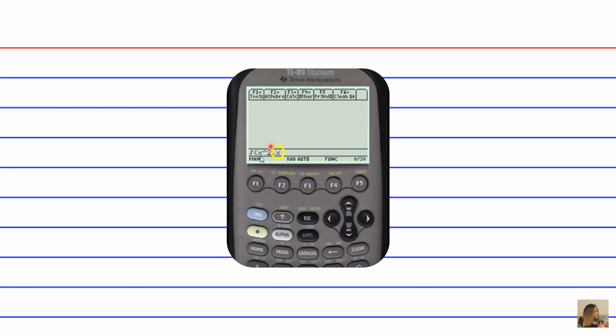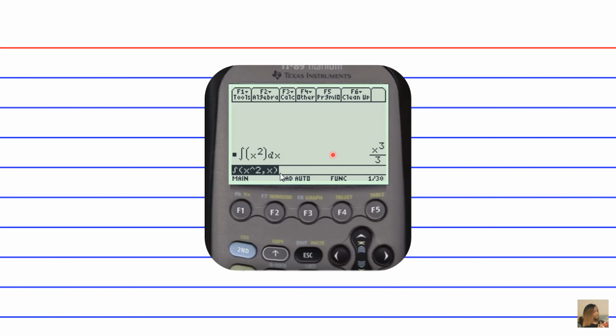It's the same thing as writing the integral of x squared dx, okay? So this x corresponds to the x after the d, or the derivative symbol, all right? So after inputting the variable of integration, if you want to find the indefinite integral without a lower limit and an upper limit for the bounds of integration, you would just close off the parenthesis and hit enter,